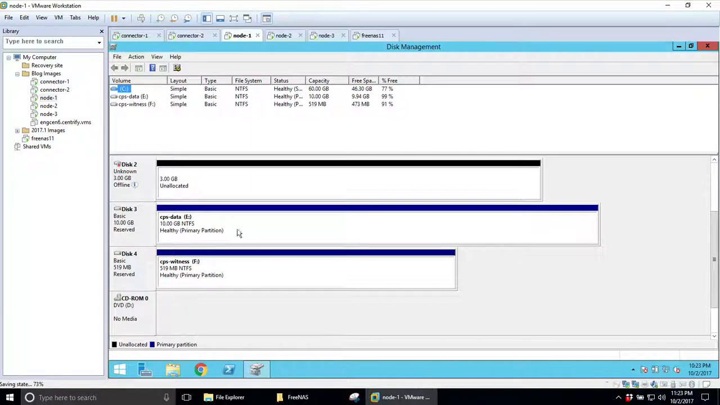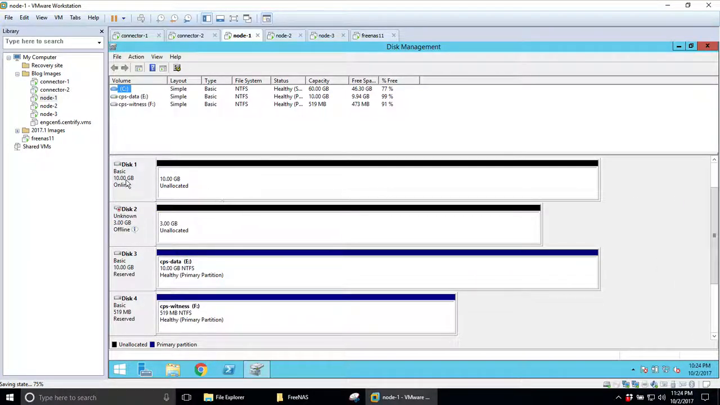So in this lab, I've decided to make my data disk the E drive. This is not necessarily final because when you create the cluster, this may be scrambled. But my witness disk is going to be the F drive. I'm going to end up doing this with FreeNAS in the following videos. But ultimately, the operation is this: you need to